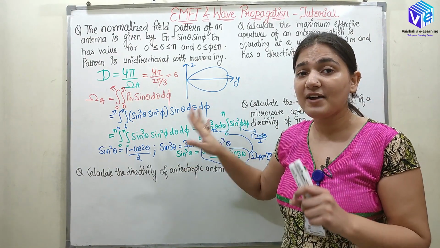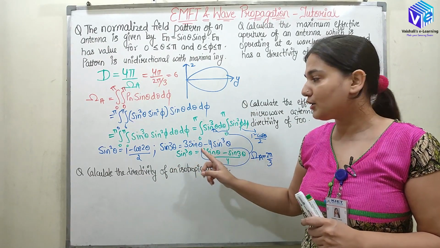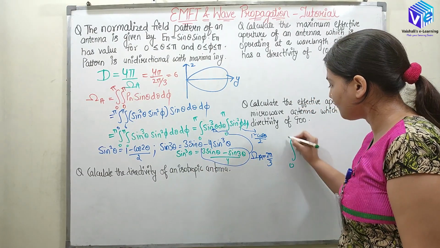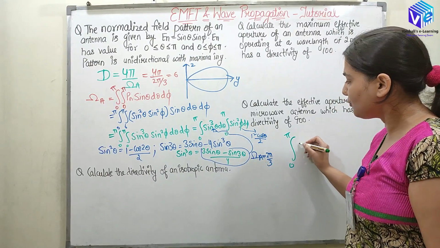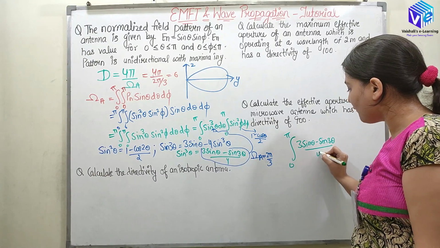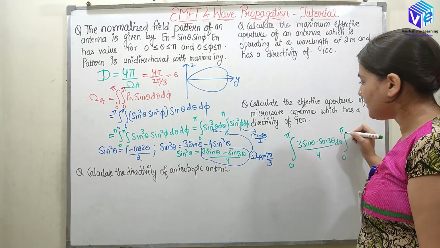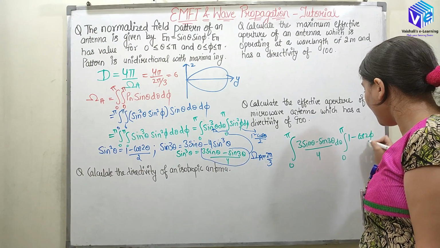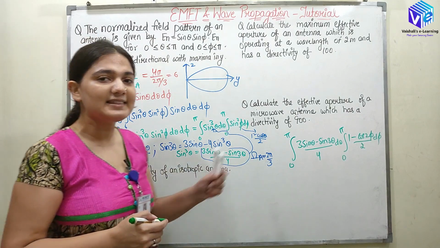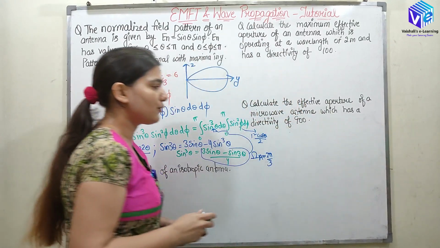Now coming to the next question. If you still have any doubt in this question, because I left it for you as homework to integrate this. What is the integration? Again, we have integration from 0 to pi. Instead of sine cube theta I have to put (3 sine theta minus sine 3 theta) upon 4, d theta, and instead of sine square phi I will be putting (1 minus cos 2 phi) upon 2, d phi. You can easily find this integration, and this is your homework. If you are facing any problem, you can connect to me.